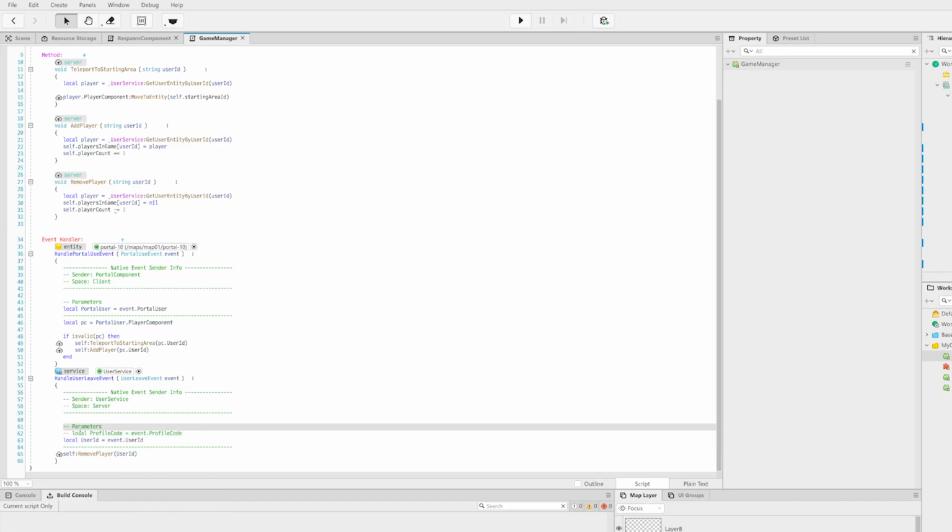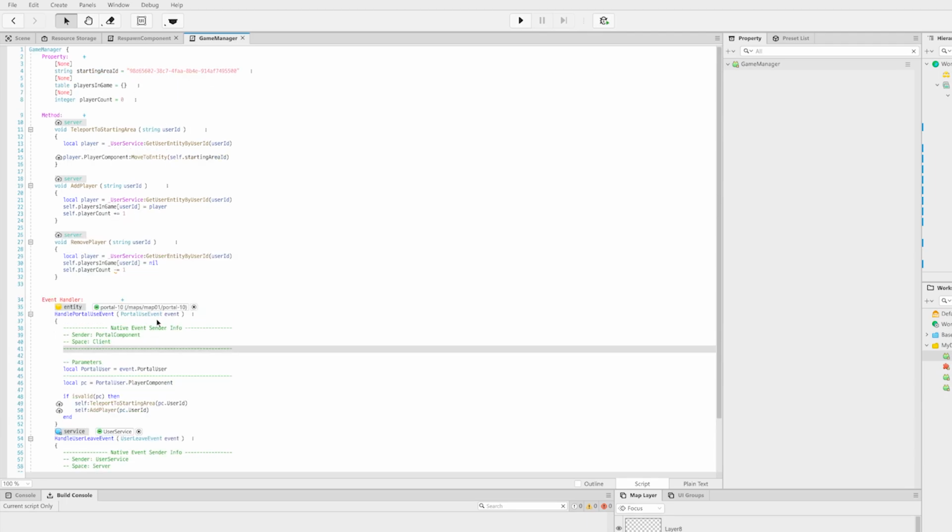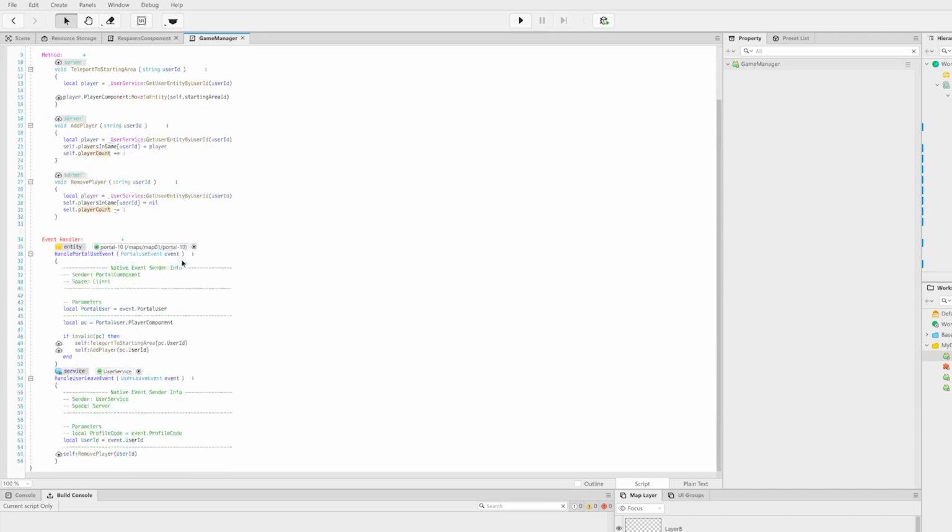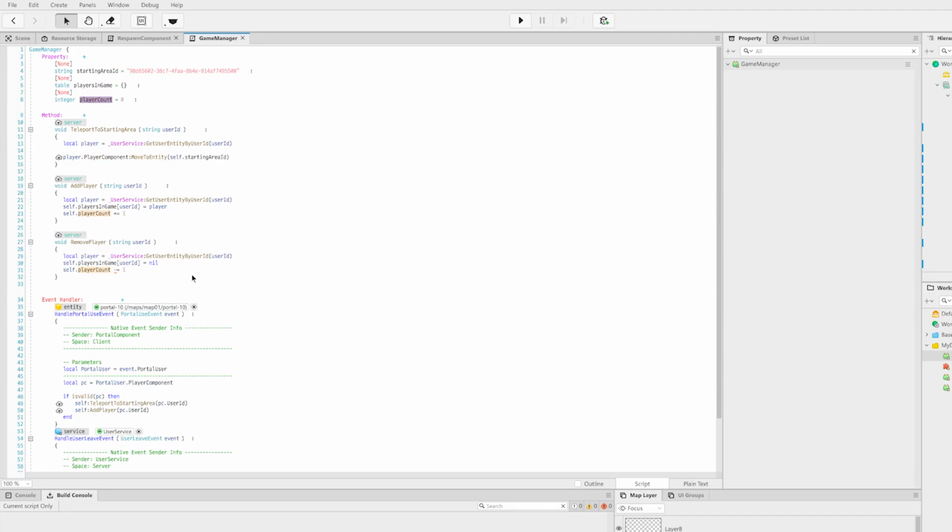And then it will call removePlayer and remove that from our list. Perfect. And with that, we have our whole system where we teleport users into our starting area, and we also keep track of the players in our world by adding the player or removing the player from our table. We're also keeping track of the player number by our player count so that later on, when we track for the minimum number of players required to start our game,